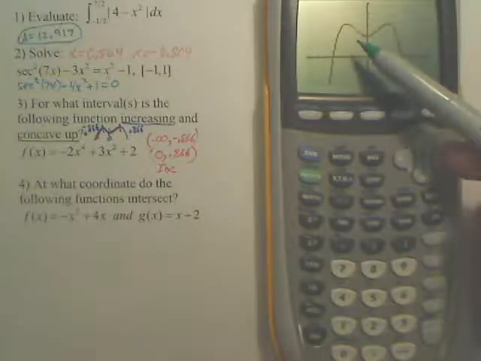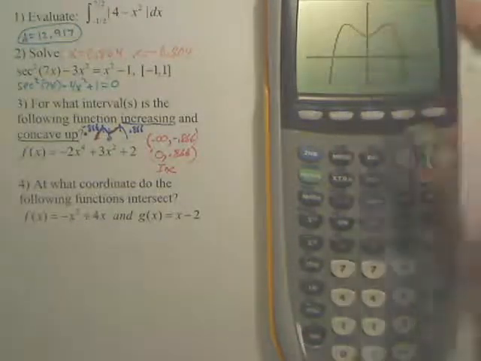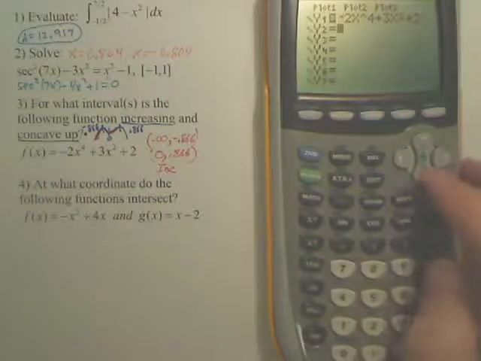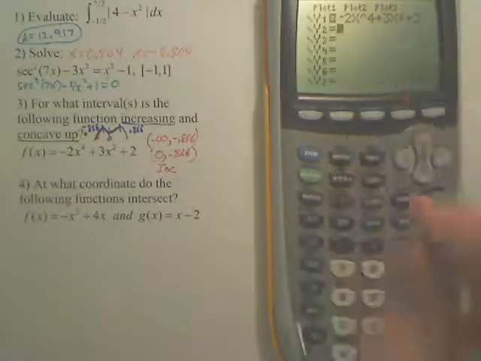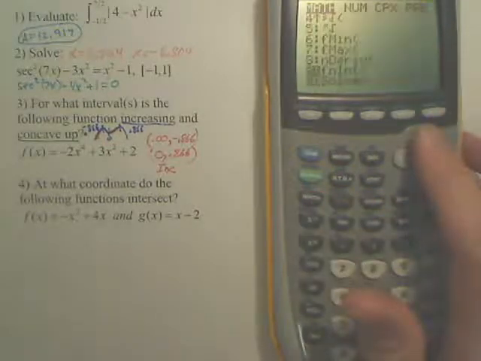How do you find points of inflection? There's no function in your calculator, unless you have a TI-Nspire, to find points of inflection. So how do you find those humps? What you have to do, it's kind of tricky, but you have to actually graph the derivative. So you go math, and you go to nDeriv,